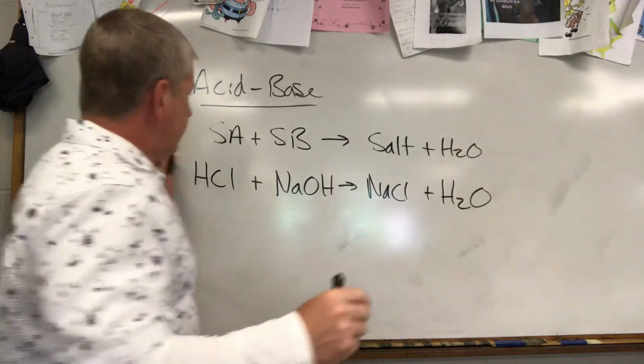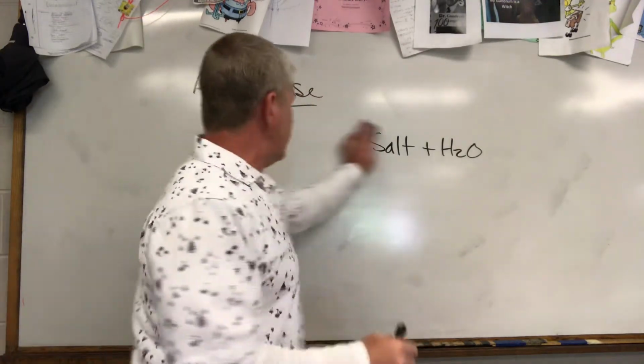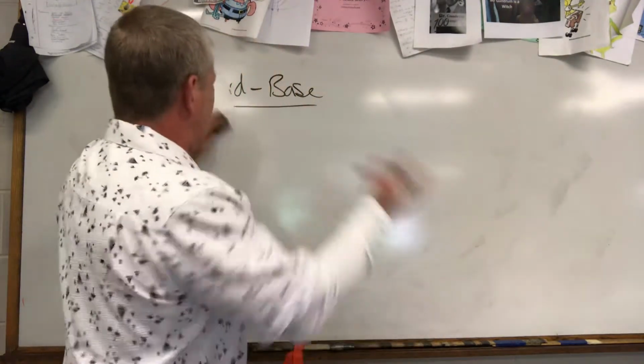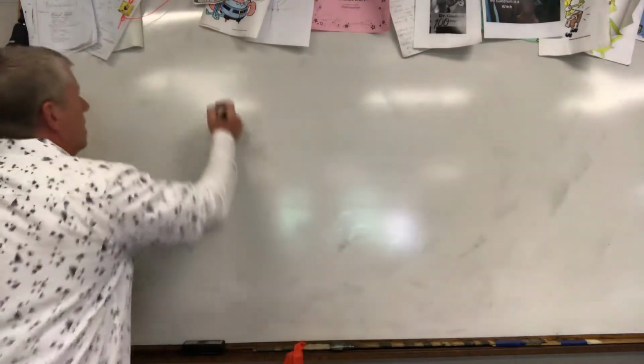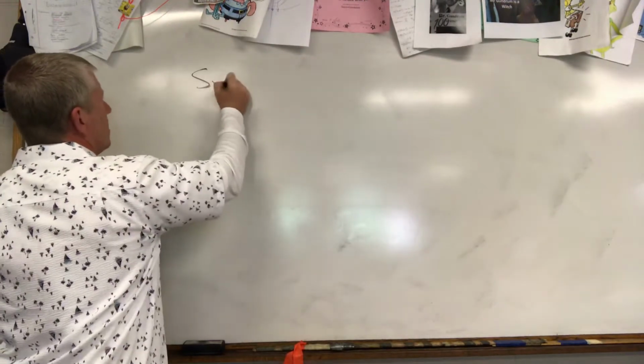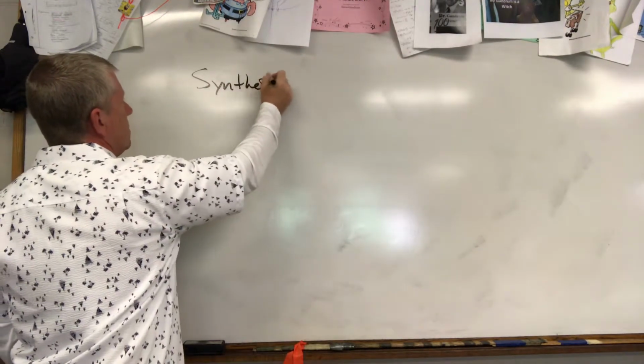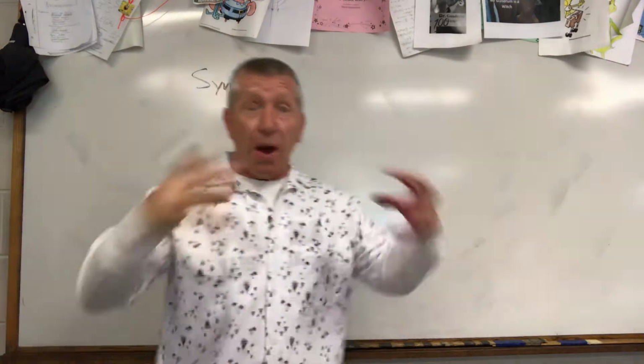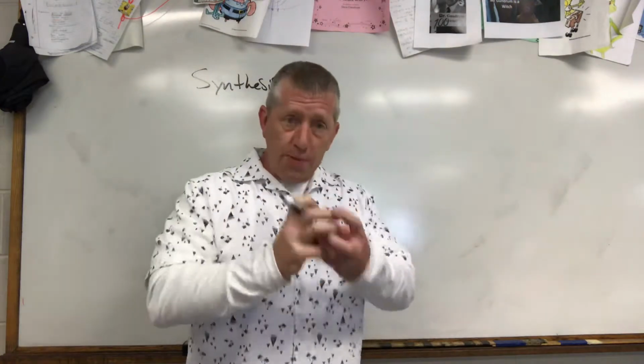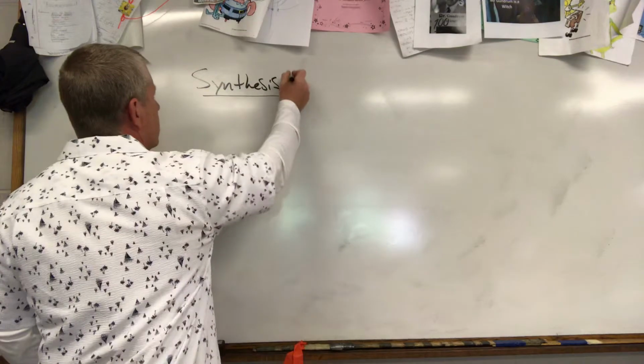So here are the 5 basic types, and this is a basic kind of reaction, but that's not what I'm calling the 5 basic types. The 5 basic types of reactions that you and I need to know. First type is called a synthesis reaction. A synthesizer puts sounds together. Well, a synthesis means to pull together to form something, and that's exactly what we're going to do here. In a synthesis reaction, we have